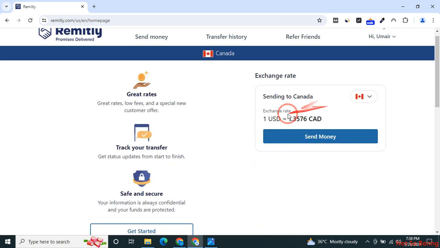that here is the option for sending the money. The exchange rate is pretty good. You can see that 1 USD is equal to 1.3576 Canadian dollars. So just click on send money,